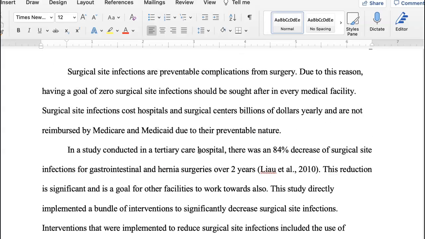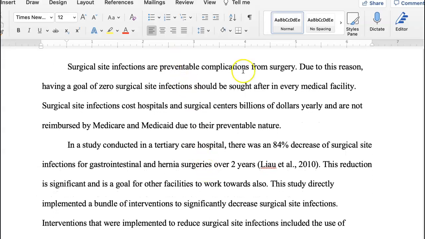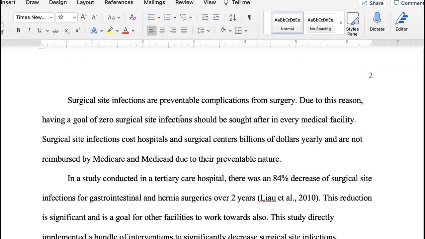And the other thing that I would just add, and again, a lot of times you can use APA headers. If you look at the Purdue OWL, or if you look in your APA book, there are headers. So you could have an abstract page, and then the next page would be your intro, and then you start to say the problem. And the problem maybe is a large header. I'm going to see if I can get this in here without messing up your paper too much. Hold on.